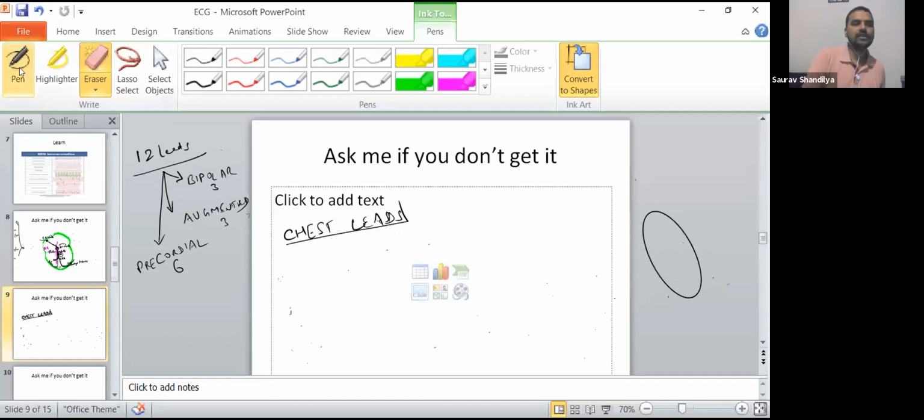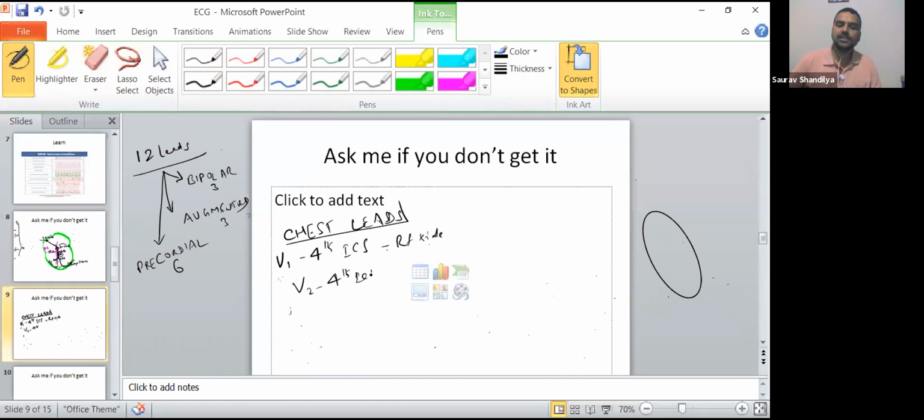Once again, I'll revise the V leads, I mean the chest leads. So what happened here? I told you V1, fourth intercostal space, right side of sternum. V2, fourth intercostal space, left side of sternum. V3, I'll talk later. V4, fifth intercostal space,